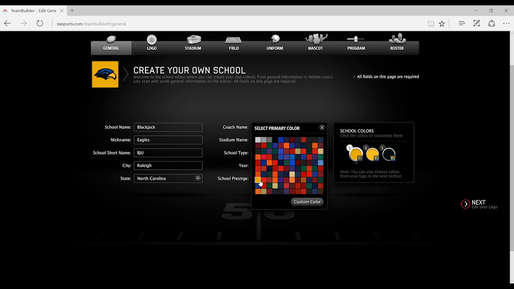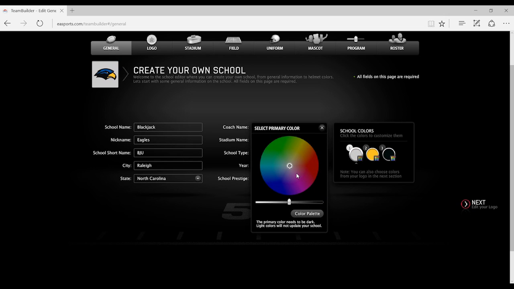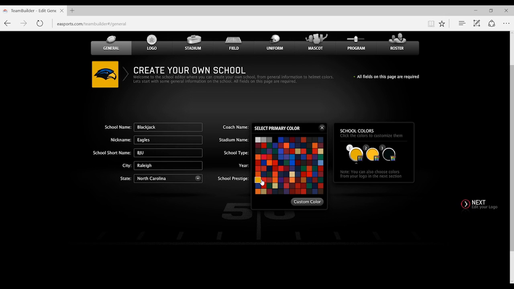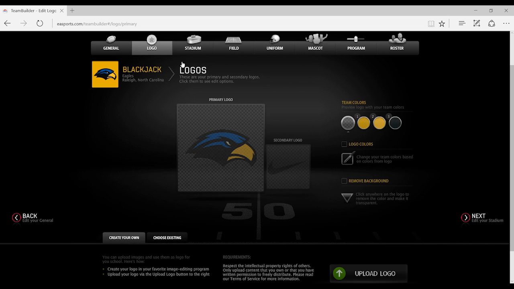This is your workaround to get those special yellow uniforms or anything like that: you can always come here and select which color you want as your primary. Even if you wanted to do white, you can get away with it right here just by doing that. But again, we're going to stick with that. So if you wanted to make it yellow, you can do that. But I'm going to actually go back and, well, you know what? Actually, for the point of this,